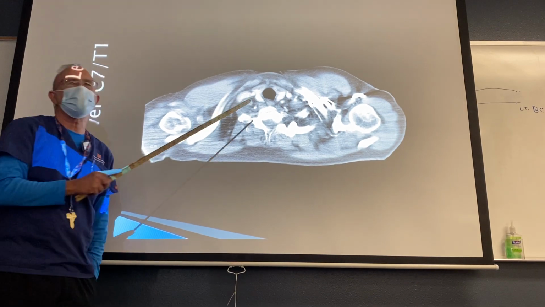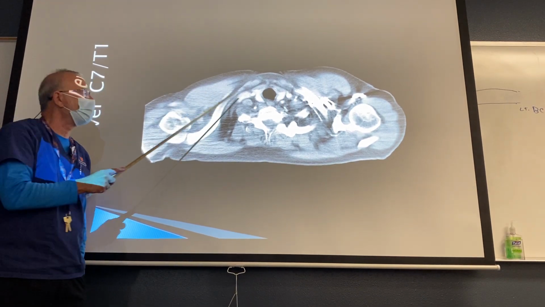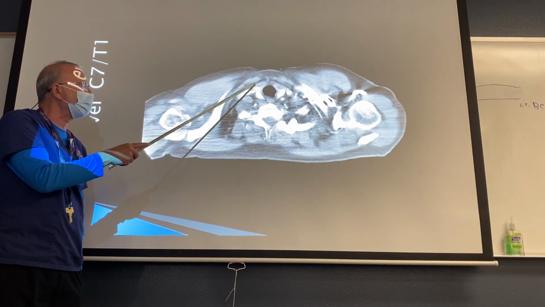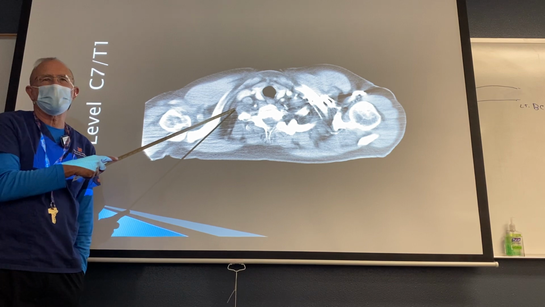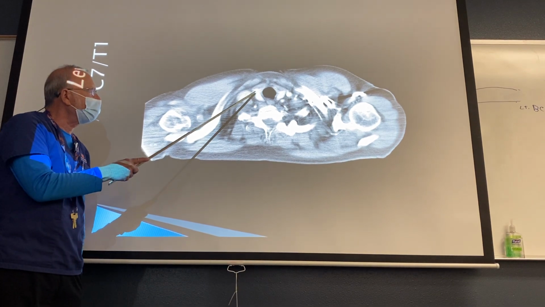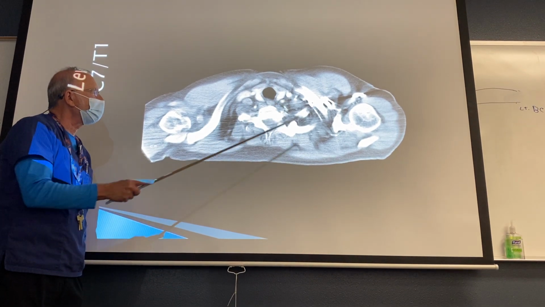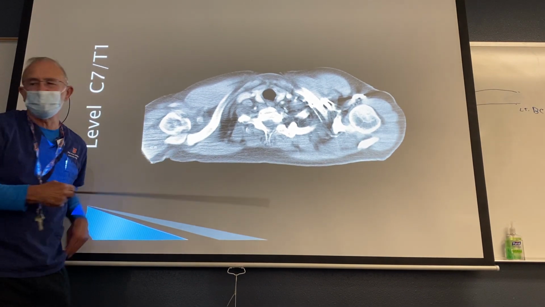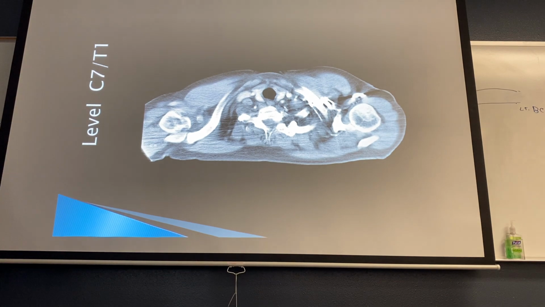Here is the sweeping, we'll look at it better here in a moment, the sweeping of the internal jugular vein as it goes from somewhat of a midline position to meet up with the subclavian vein. Here and here are the two carotid arteries. So right now we don't see much in terms of the subclavian vein, but as we work our way down,